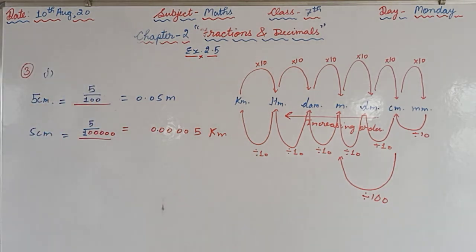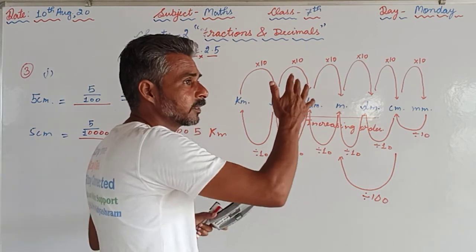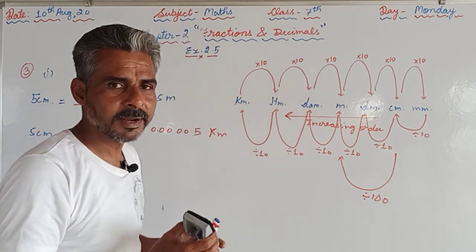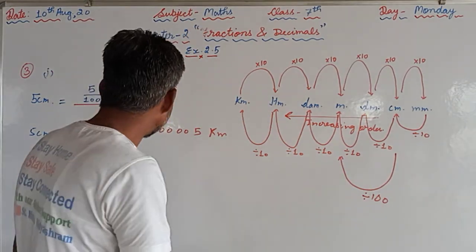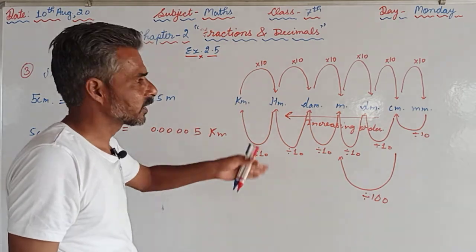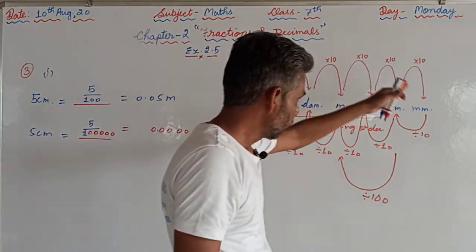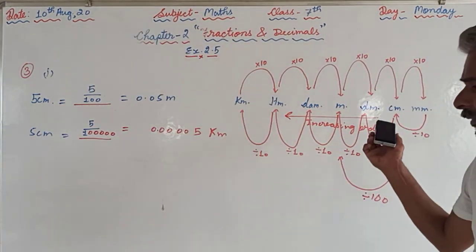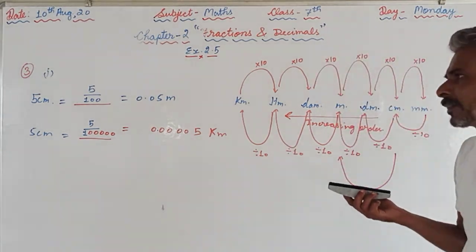Like this you are supposed to proceed with the questions. Question number 1, question number 2, question number 3, you are supposed to keep the diagram in your mind. When we are converting the smaller quantity into a larger quantity, we are supposed to divide, and when we are converting the larger quantity into a smaller quantity, we are supposed to multiply by the same number, as we have shown you in the diagram for the measurement of length, as well as the diagram for the conversion of rupees into paise and paise into rupees.